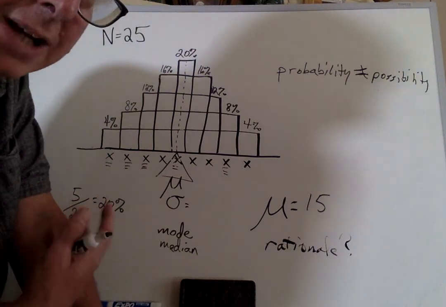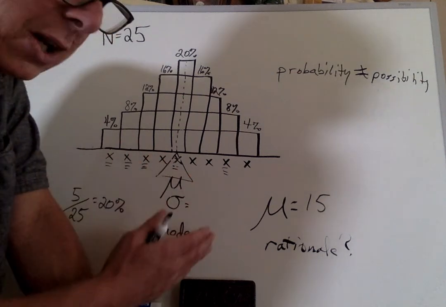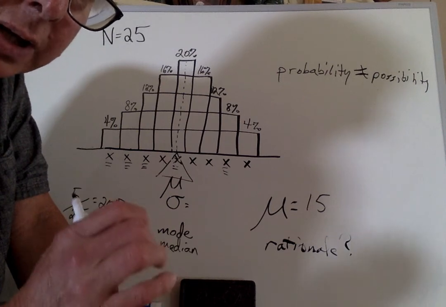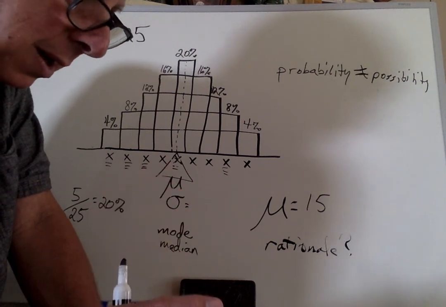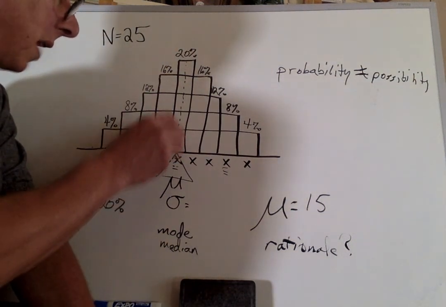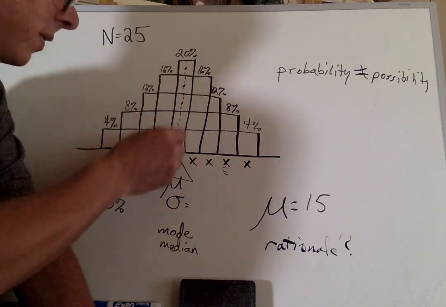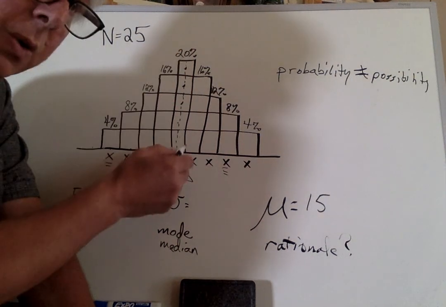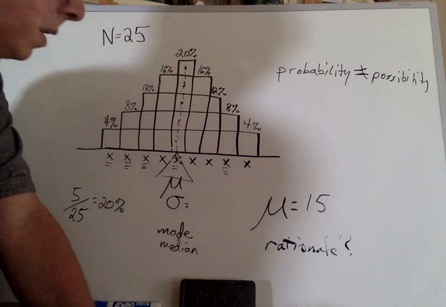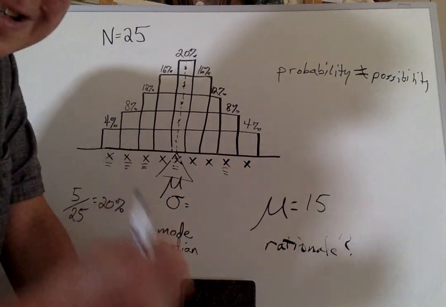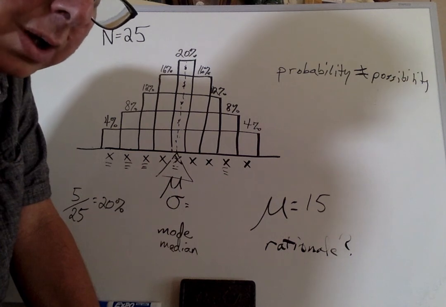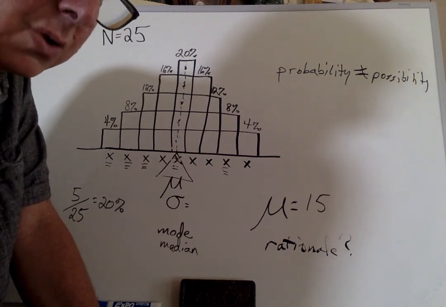So we ran into a little bit of a problem here, but the rationale is rock solid, and that's what I want you to understand. I know I'm going a little over time, but we'll pick up in the next video. Since these have the value of the mean on them, and there's 5 of them, it's the mode, it's the most frequent. I'm going to guess that I picked one of these, but that it doesn't guarantee that I picked one of those. And the next video, we're going to develop a way to